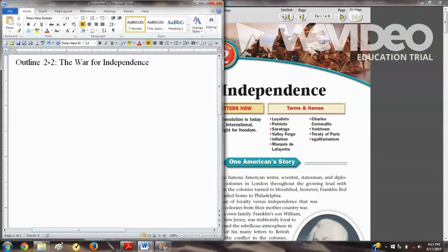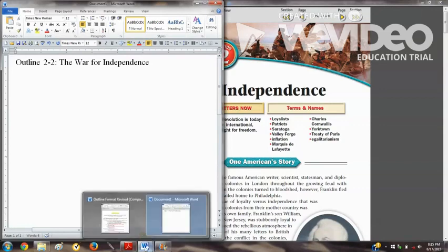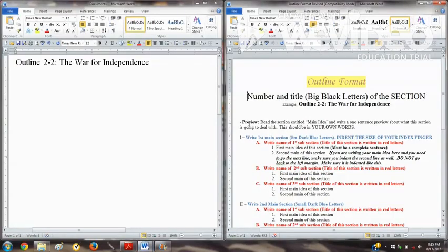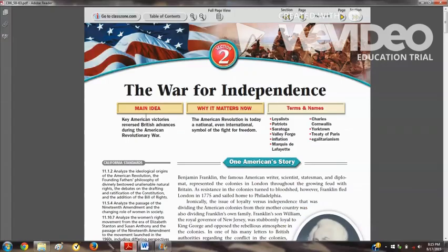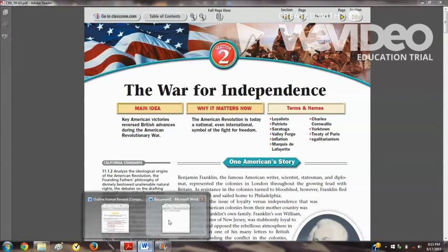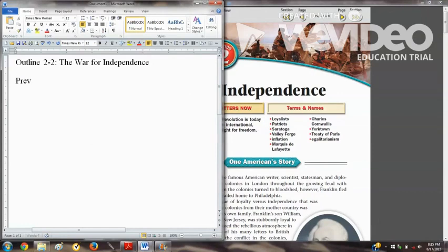Now the next thing our outline format says is preview. Read the section entitled Main Idea and write a one-sentence preview of what the section is going to be about. It should be in your own words. So we look at the book. Here's the section Main Idea, right in your textbook, and here's what we have to put into our own words. Key American victories versus British advances during the Revolutionary War. So let's go to our paper, and we've got to put preview, colon, or dash, and then